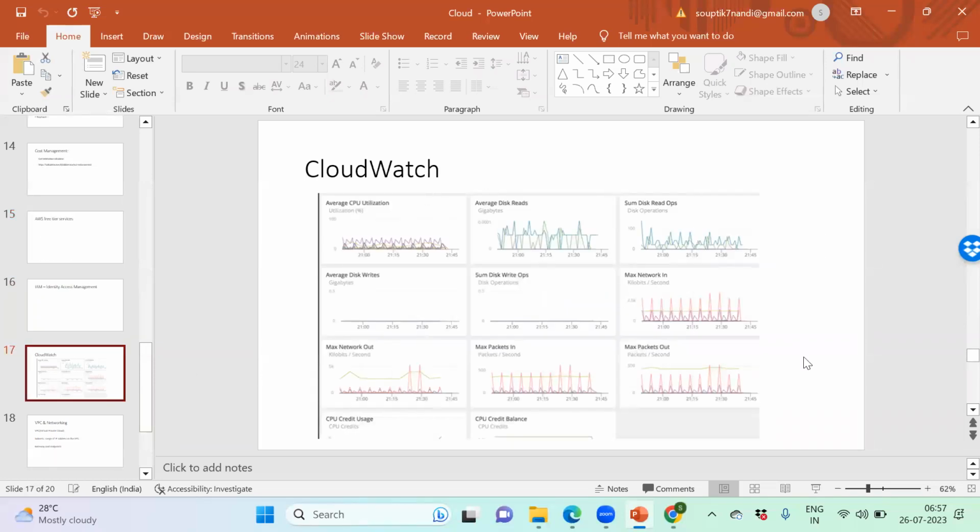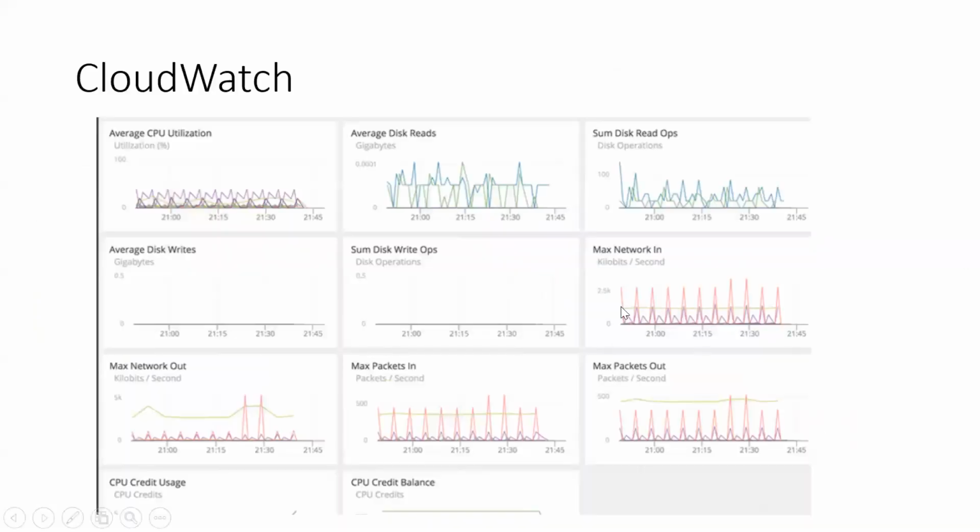CloudWatch can help you monitor your systems. Suppose the networking, how much network you are utilizing, the packets in and out, the utilization of CPU. Just like you can see the performance of CPU in our local system, the same thing you can also see as average CPU utilization.